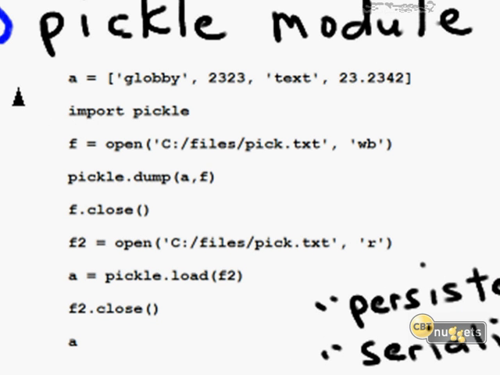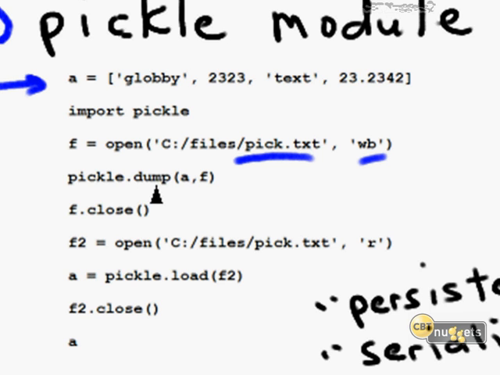If we can zoom in here and take a look at my sample code, we're starting with a list data structure that we've attached to the name A. We import Pickle, we create a file that's going to serve as our Pickle repository, as it were. Notice that we're writing this or creating the file for editing in binary mode.